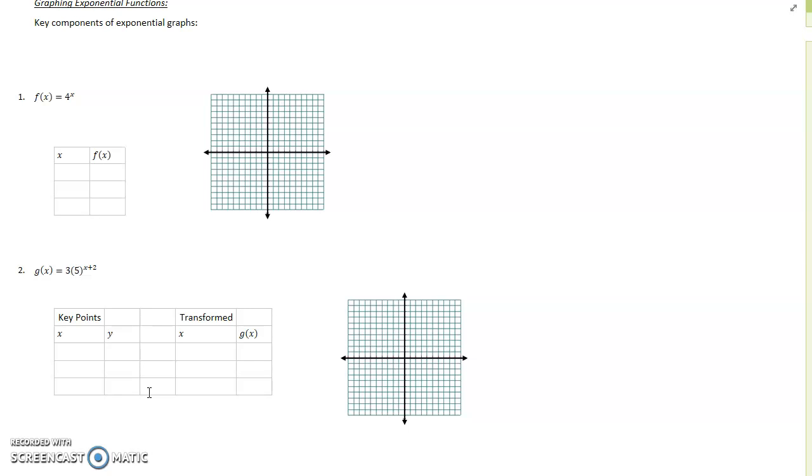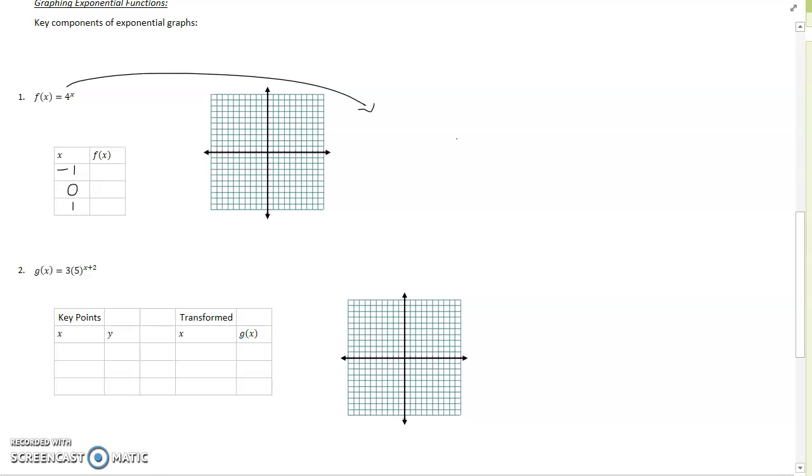So now we're going to take a look at some graphs of some exponential functions. We'll talk about some key components of exponential functions in a second, but I want to take a look at this. So I'm just going to pick a couple numbers to plug in. We're going to plug in -1 in for x, we're going to plug 0 in for x, and we're going to plug +1 in for x. Now I actually want to evaluate these, so I'm going to take this function over here, and we're going to